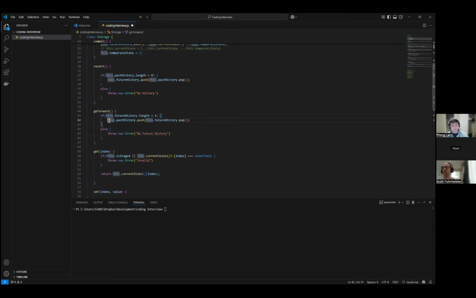Then we're popping the last one, which is the current value, and moving it to the past history. By doing that, we're actually going to reset the last element on the future as well. So the last element on the future will be the forward history. That actually should work in that case, I think.